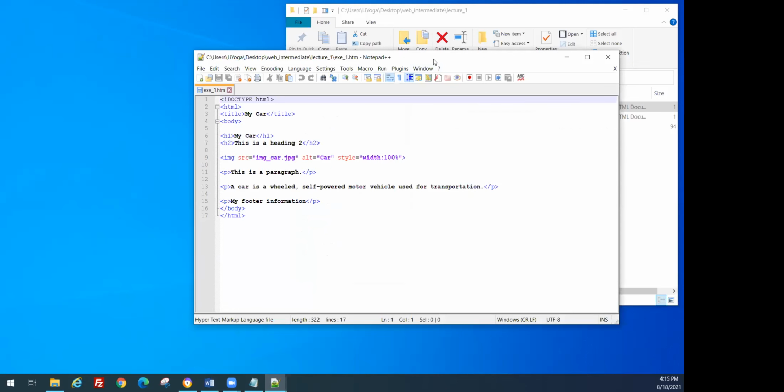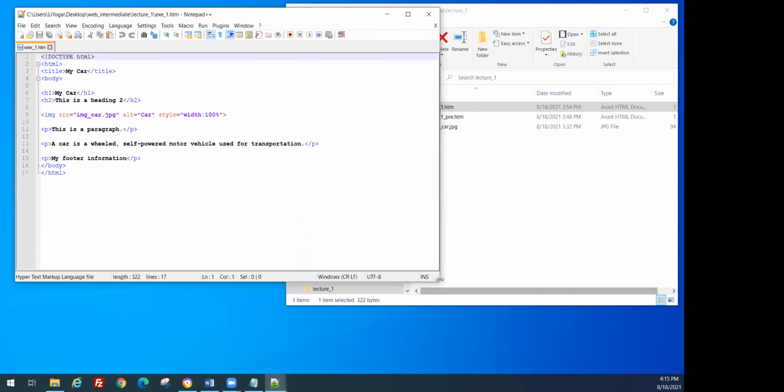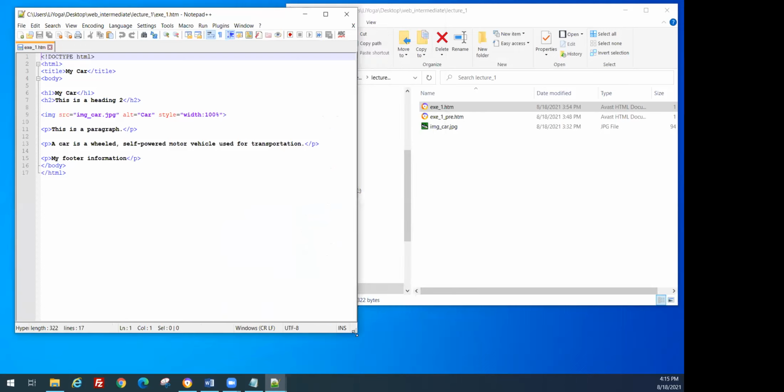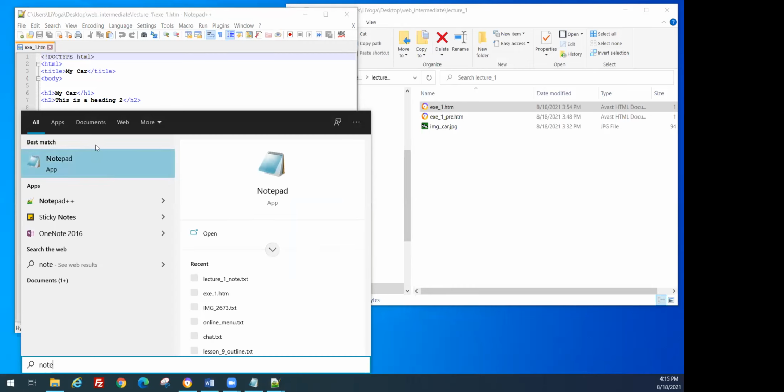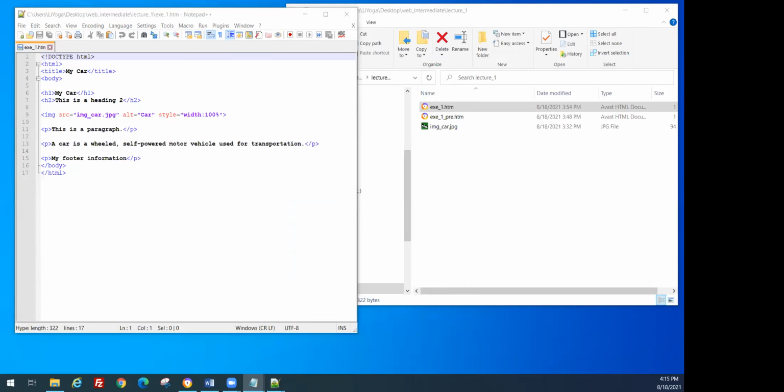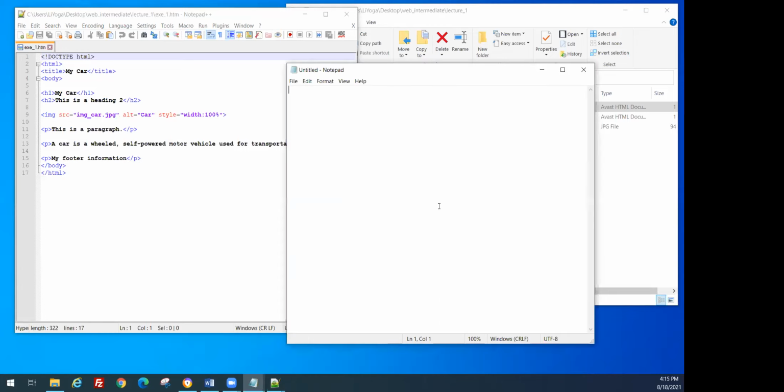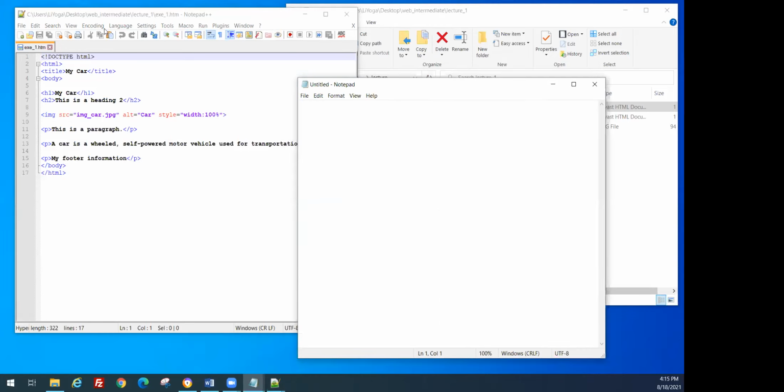It's a text editor, and if you use Windows 10, you have something called Notepad. It works too. Here is Notepad, and this is what it looks like. What I have is called Notepad++, which, as you can see, has color and multiple tabs. If you don't have Notepad++,